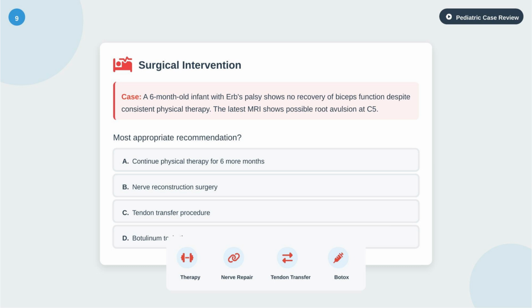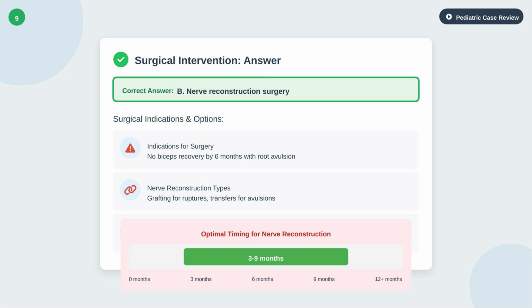A. Continue physical therapy for 6 more months. B. Nerve reconstruction surgery. C. Tendon transfer procedure. D. Botulinum toxin therapy. The correct answer is B. Nerve reconstruction surgery. The absence of biceps recovery by 6 months with evidence of root avulsion is a strong indication